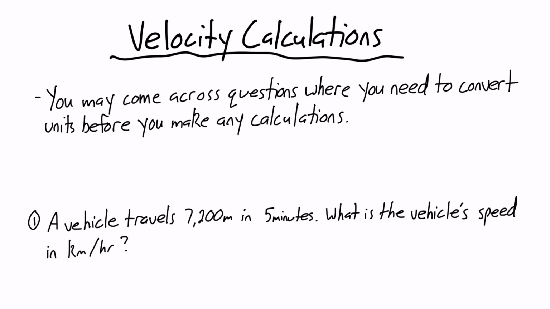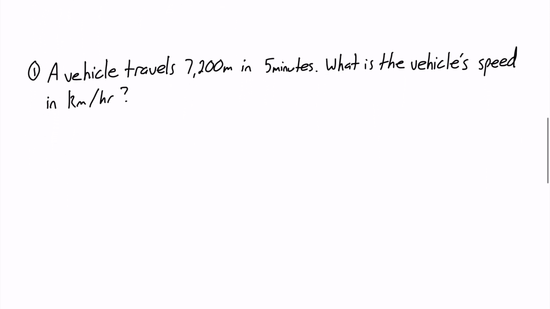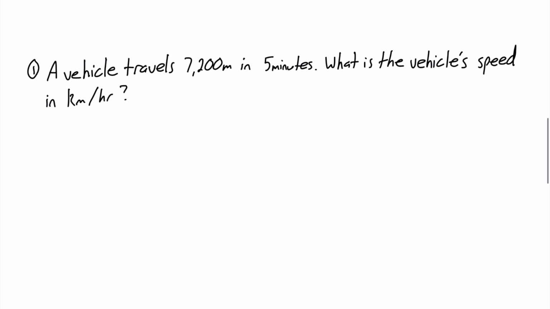Today we are doing some more velocity calculations. They'll be a little bit more complex than my first video on this topic. Today we need to do some conversions before we figure out the answer to these questions. So we got 3 examples. Today let's begin. So number 1, it says a vehicle travels